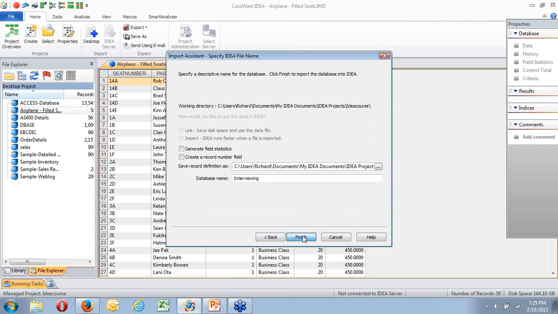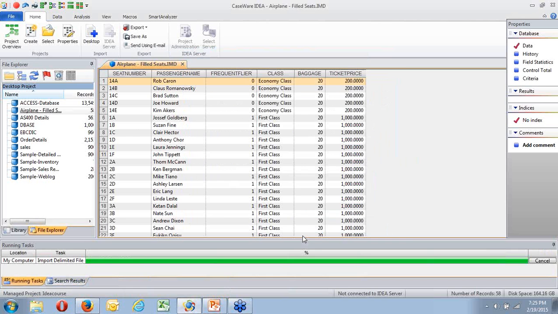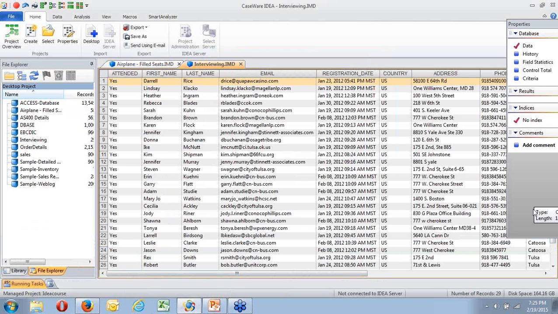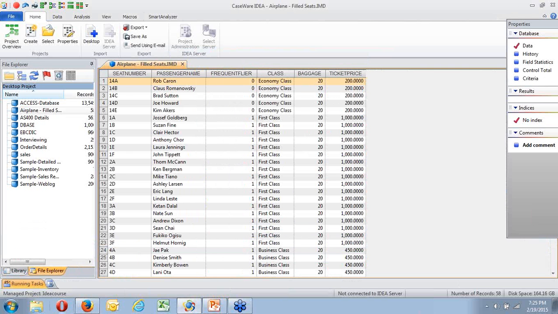I've not bothered to do it in this one, but there they are: attended, first names, last name, etc. I'm going to close that down because, as I say, those are the names of genuine people who have attended my own webinars in the past.